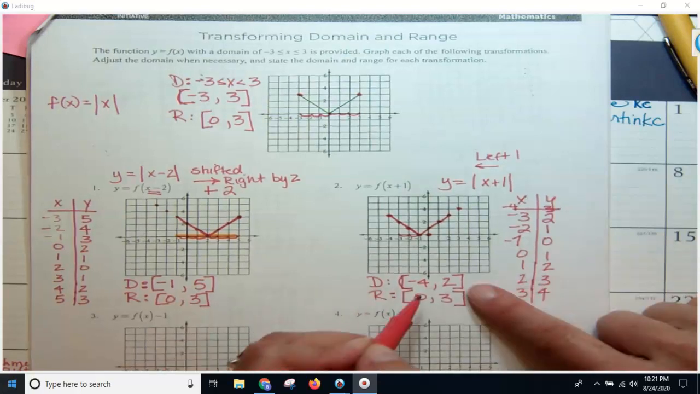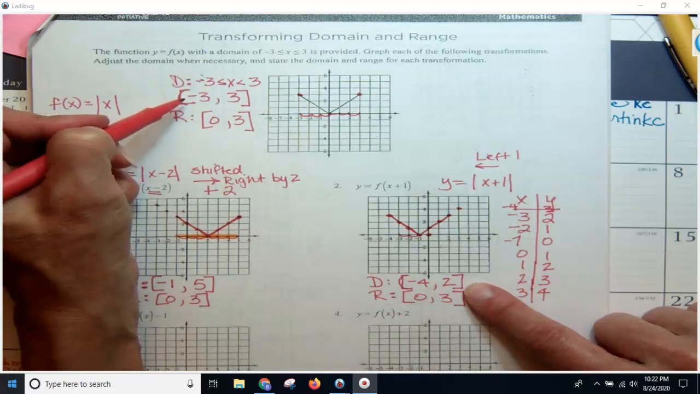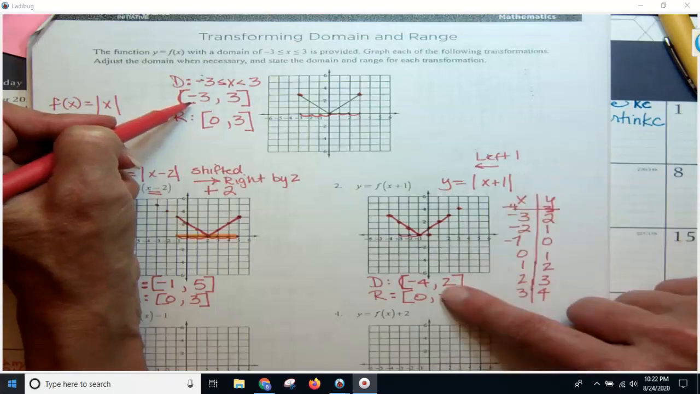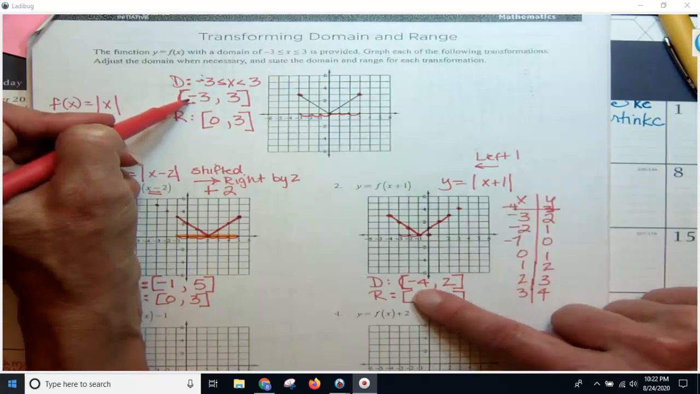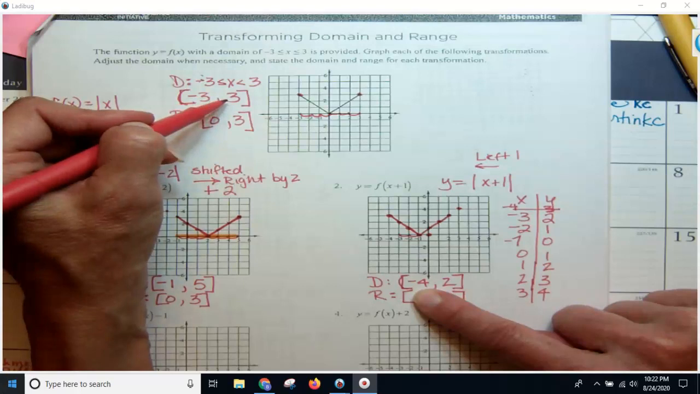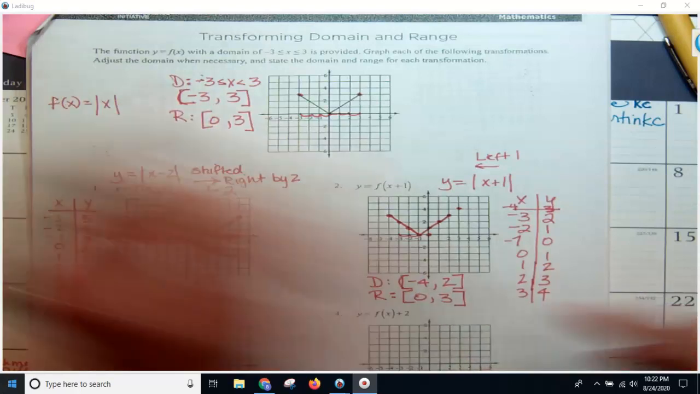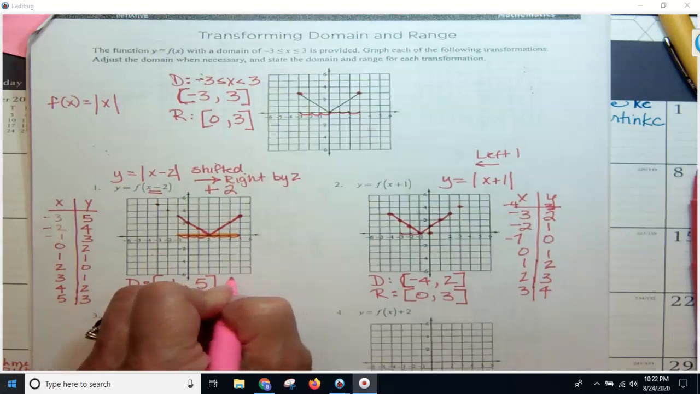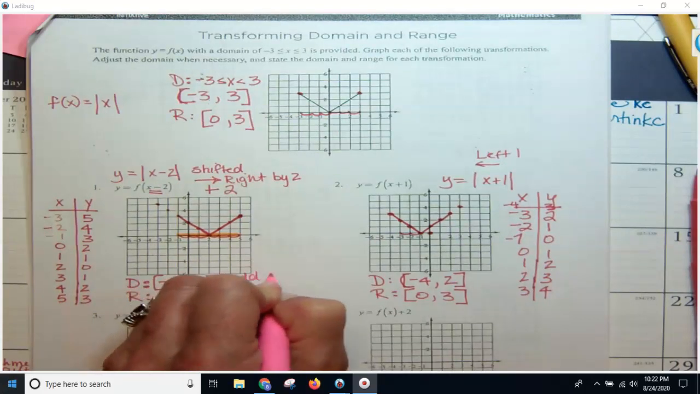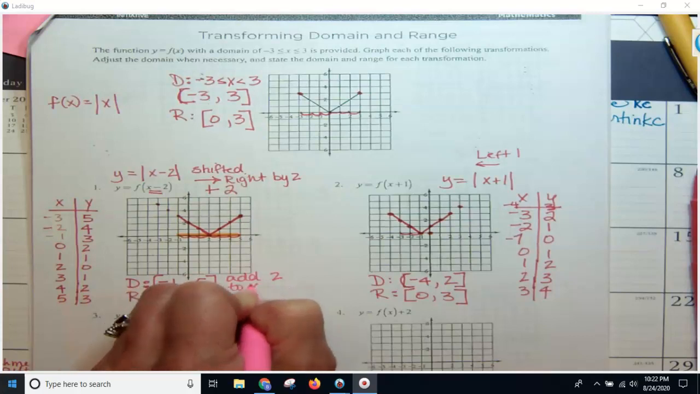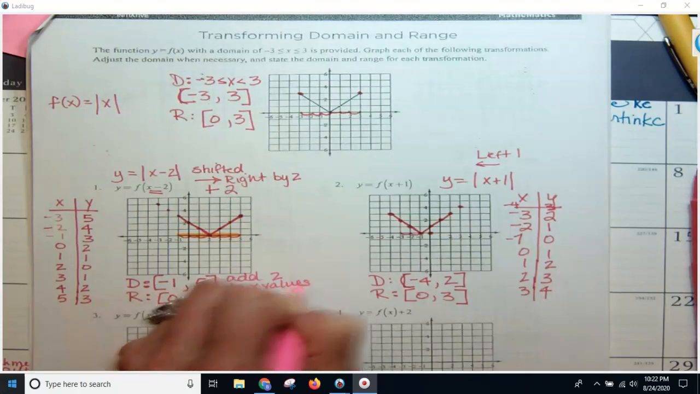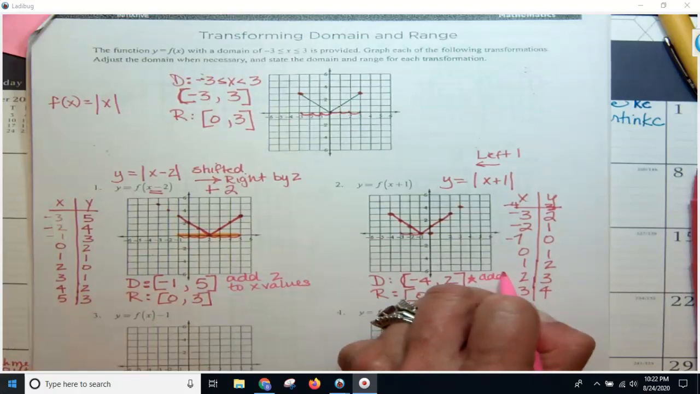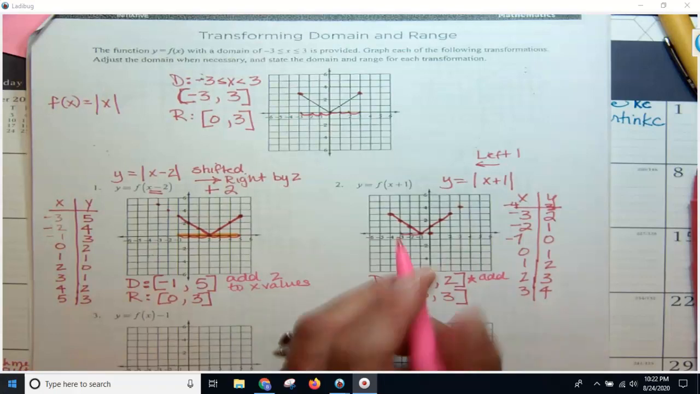So when I look at this compared to this, I notice that I've subtracted 1 from the domain. -3 minus 1 is -4. 3 minus 1 is 2. So just keep in mind that you added 2 to the x values or domain, and here you subtracted,